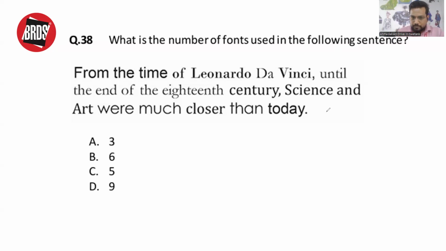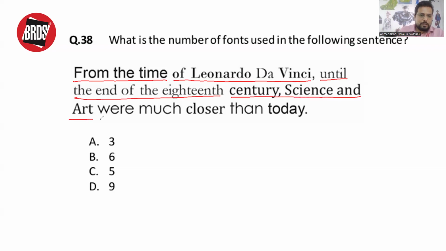If you go by understanding the fonts over here, you'll find one font over here, from the time of Leonardo da Vinci. Up to this point I think is the second font. Over here you will find the third font. Then up to this art, it's the fourth one. Then this is the fifth. It is already similar to this font, so it's not a different one. Even this is similar to this one. So the total number of fonts I've got is one, two, three,